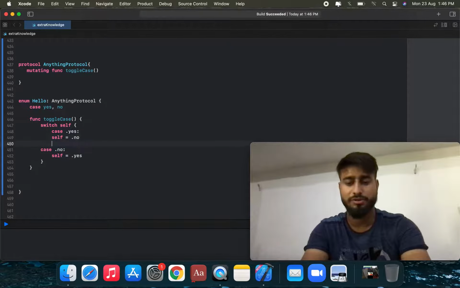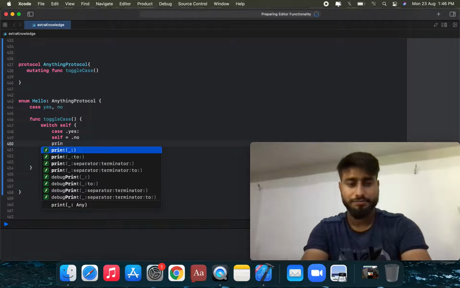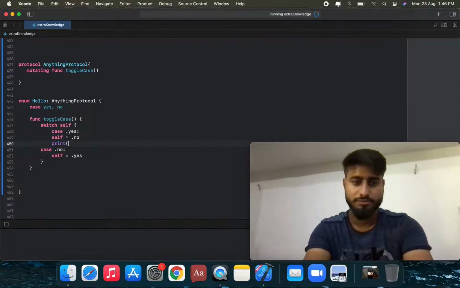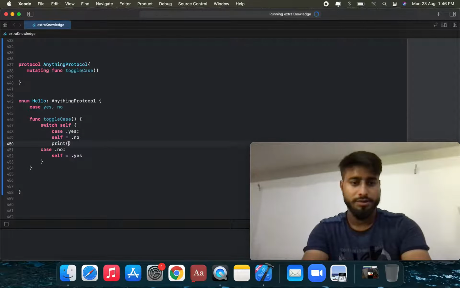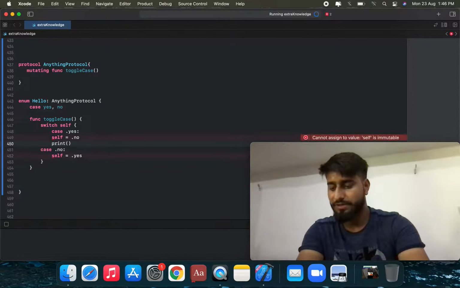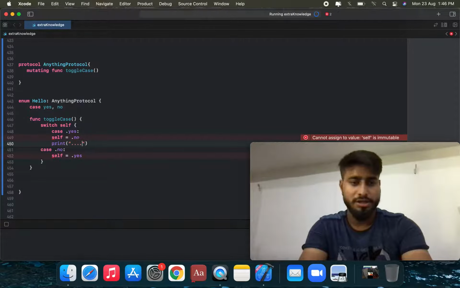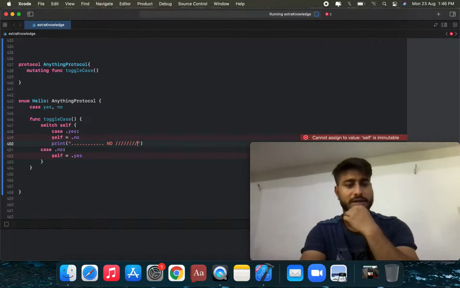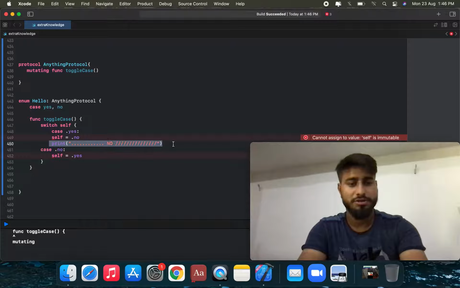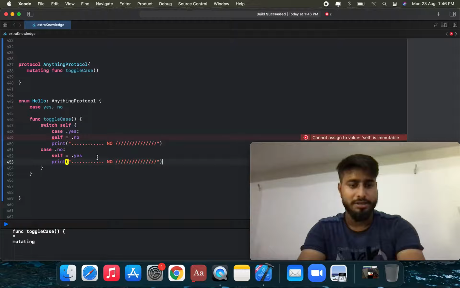Suppose we can use the print statement, print, and for the print statement we're going to use the print statement. Suppose this print statement uses a no, and we're going to apply this case. Suppose this is a no. In this case we're going to print the statement no. Suppose in this no, and we can use the cases so no and yes.